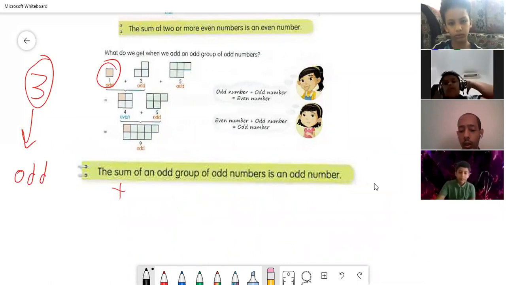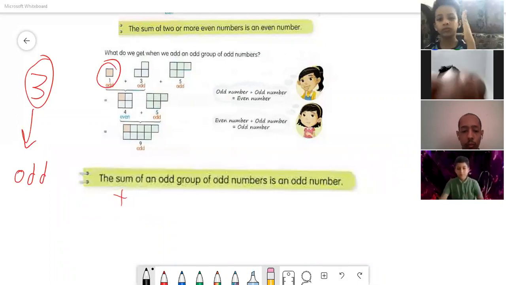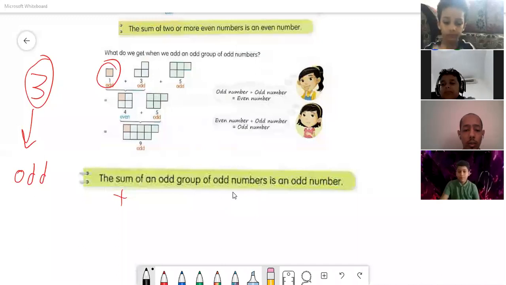Let's continue with the next statement. We have less than 10 minutes in this meeting. Unfortunately, the problem